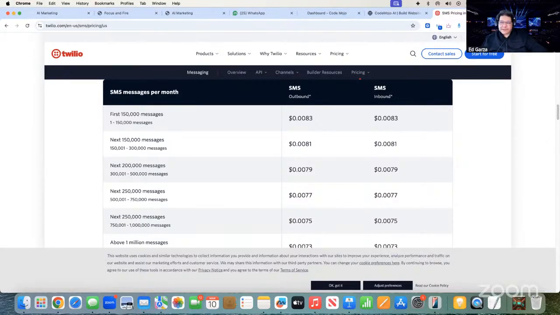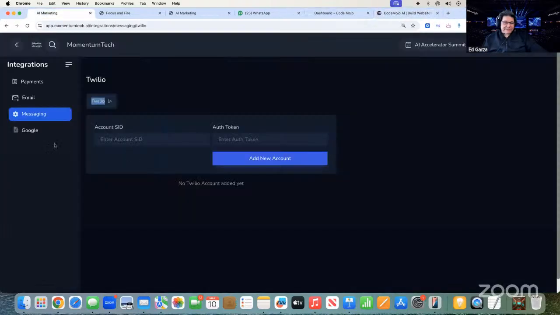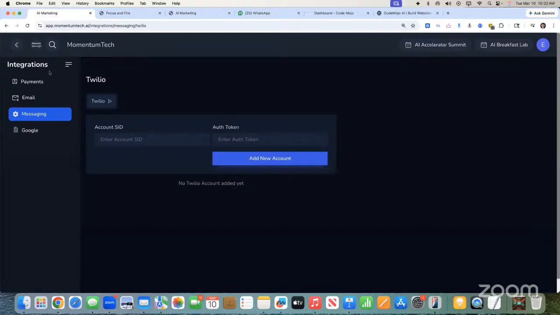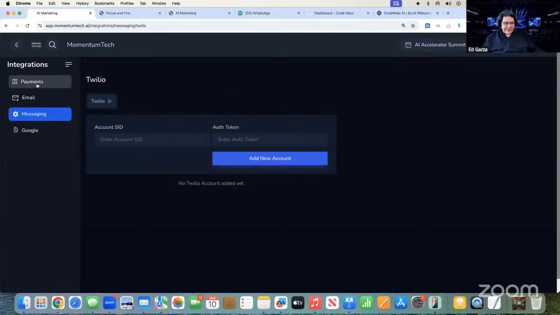Or you could just set up and stick with our AI platform and just do email marketing, right? But if you want to do messaging, you got to set up Twilio. So you got to put in your account SID and your authorized token. You get that from Twilio, and then you add the account. It's not that difficult. Okay. But if you need to set it up, you can do it. Once that's set up, then you can do SMS. Everybody understand? I understand. Put a five in the chat. You understand? Yes, yes, yes, yes. You guys understand. Great, great.